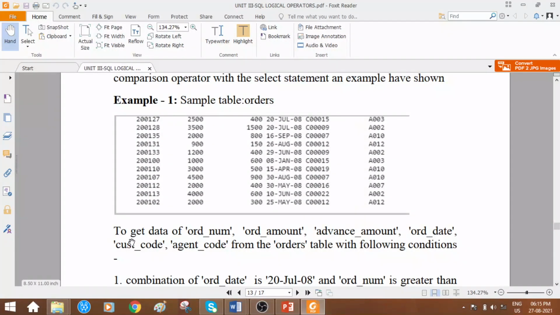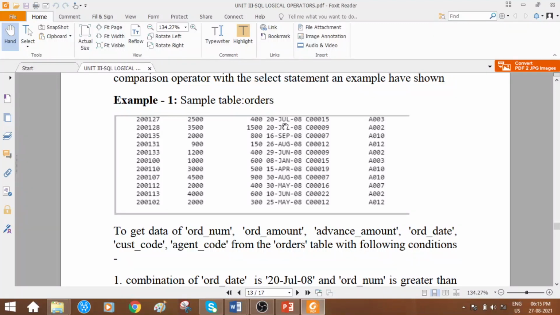Check out here, students, to get the data of order_number, this is the order number maybe. Then order amount, 2500, 3500 and so on. Then advance amount, you are observing 400, 1500, 800. These are the advance payments done by the customers.